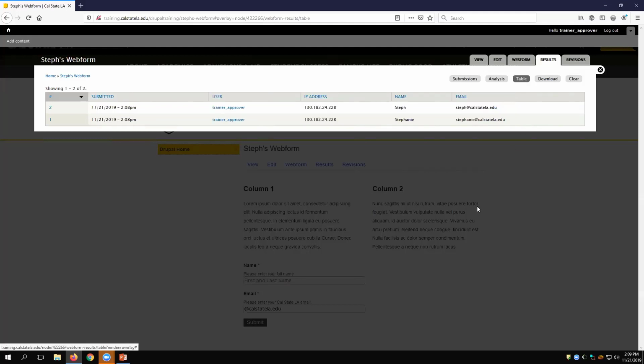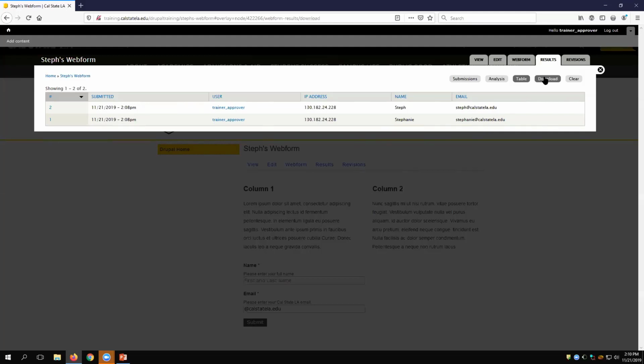The table is very much like the submissions. It has when it was submitted, who did it, and the IP address, so that let's say you don't want two people doing the same thing, or the same person doing it twice, even though they have two accounts. Oh, that's the same IP address. But it also has the two questions that we had on there, the name and the email. So if you have a really long thing with a lot of questions or a short thing with a lot of answers, that sort of stuff, always do the table.